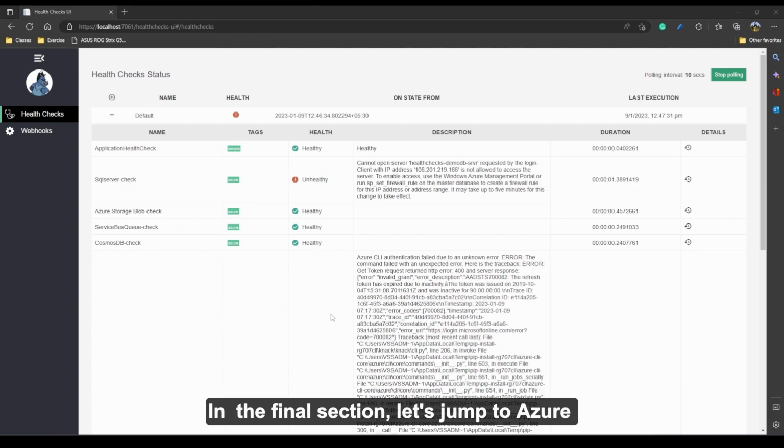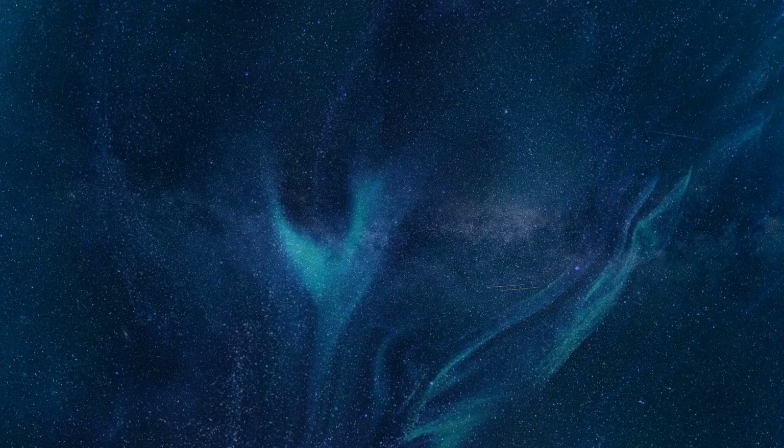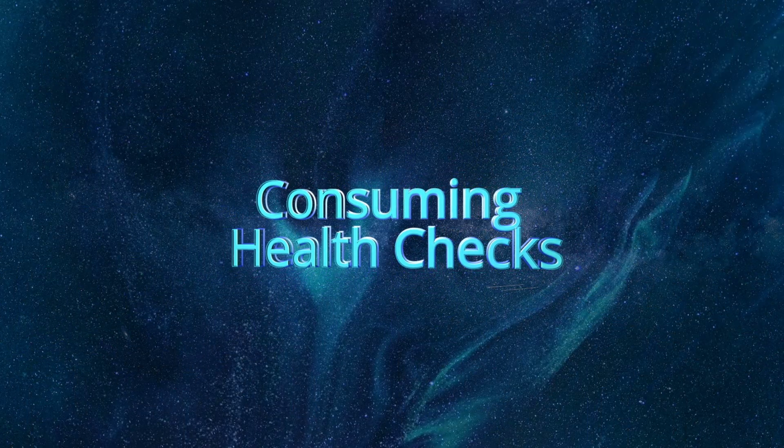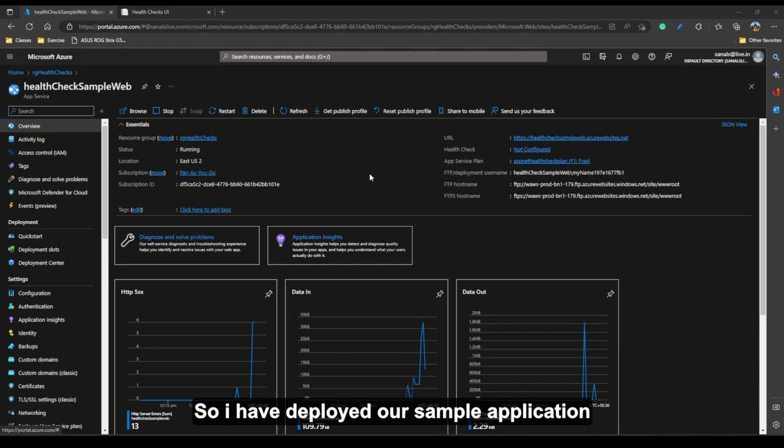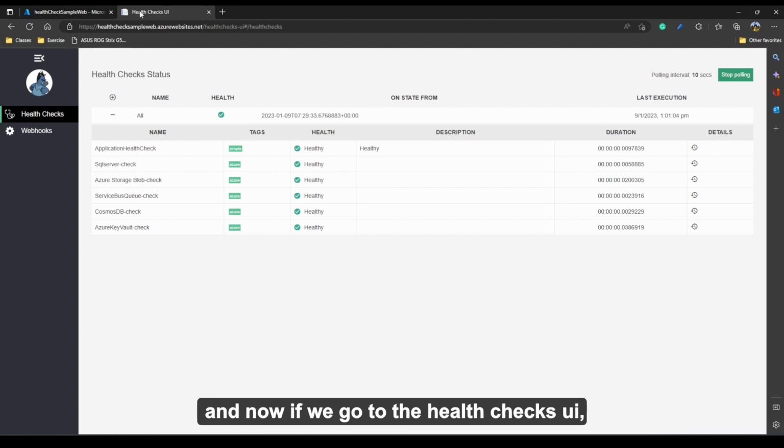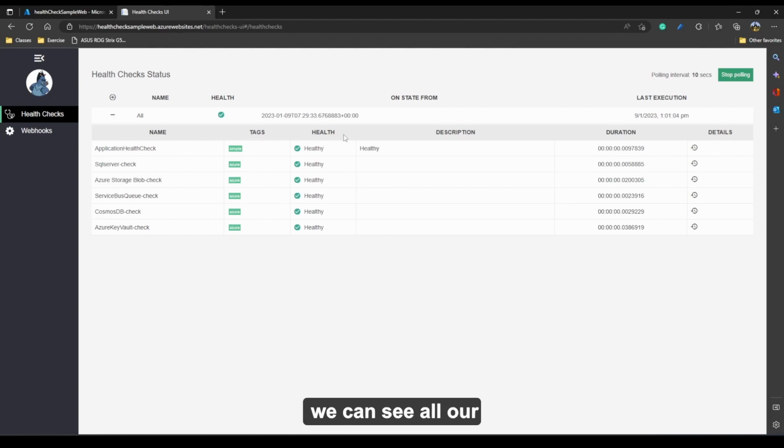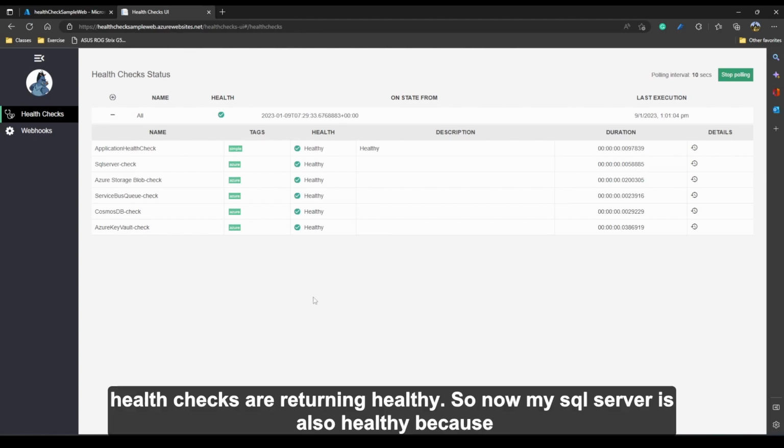The final section, let's jump to Azure and try to consume these services using some of the Azure offerings. So I have deployed our sample application to an Azure App Service with all the integrations which we discussed earlier. And now if we go to the health checks UI, we can see all our health checks are returning healthy.